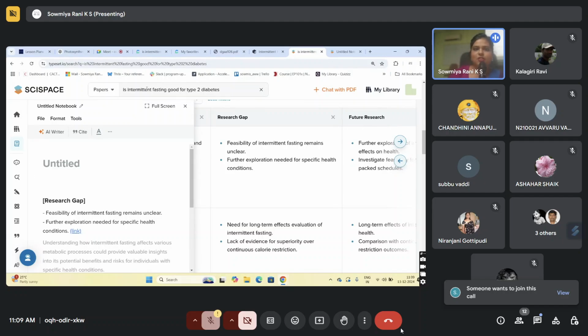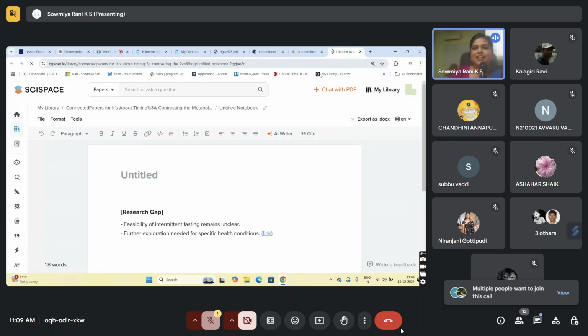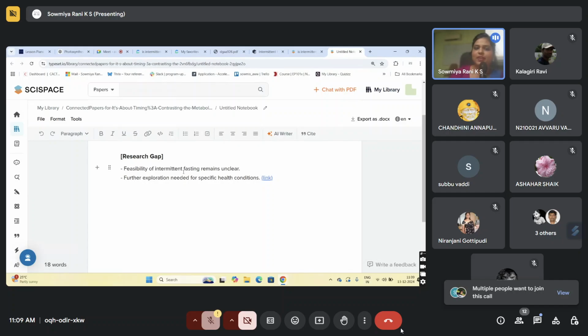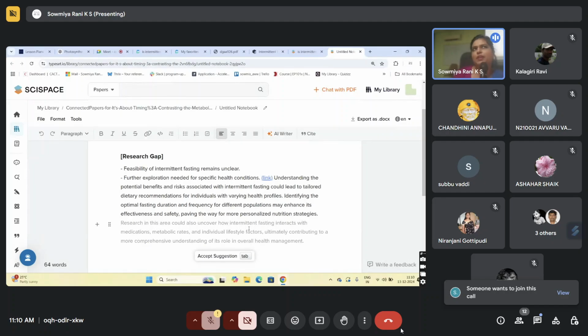And also because SciSpace has something called an AI writer, the moment you add a few sentences and give a space, SciSpace will automatically start generating the next sentence. If you're happy with the next sentence, click on tab, give a space. SciSpace will continue writing this for you until you stop the tool when you're on the pro version. If you're on the free version, you'll be stopped at around